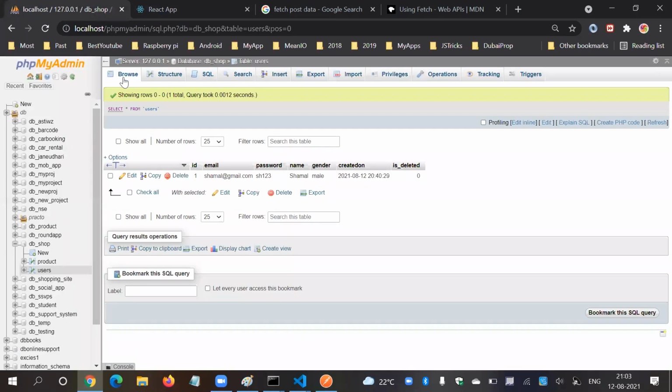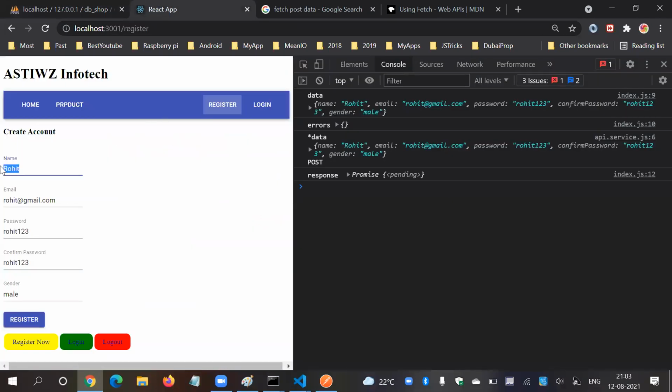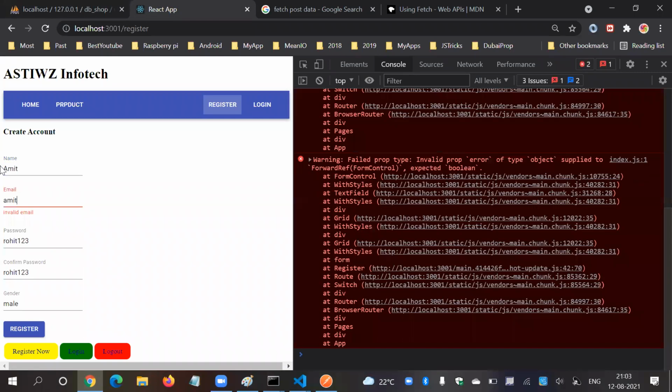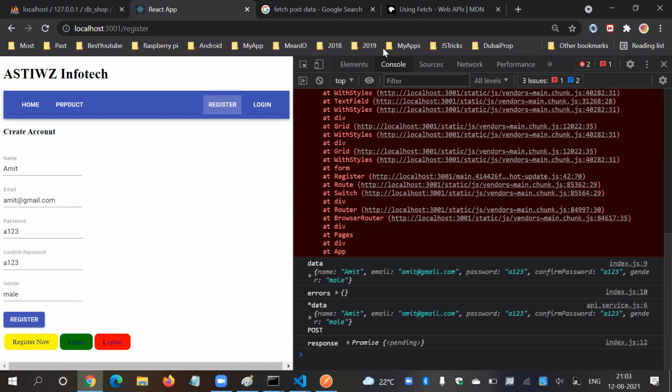And let's go to our database. Here we have Rohit. Let's try something different. Let's say Amit, gmail.com. Yeah, A123, A123. Now register.